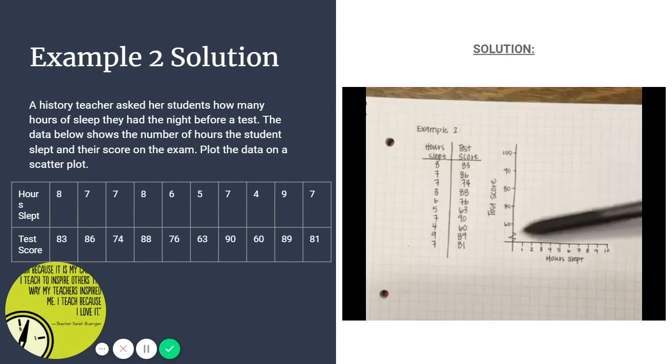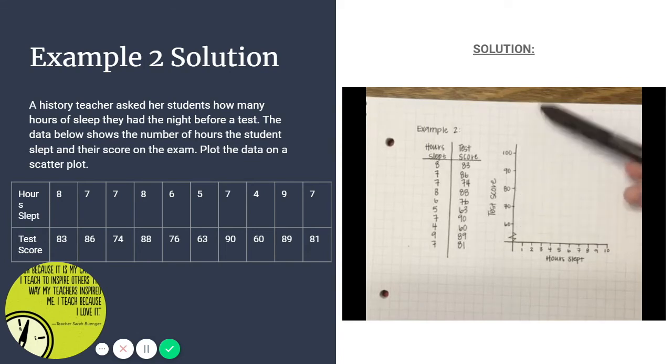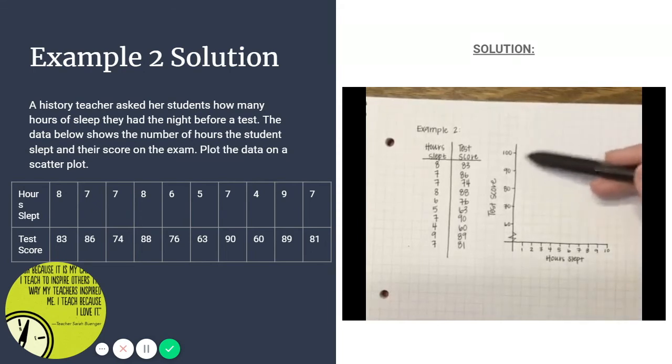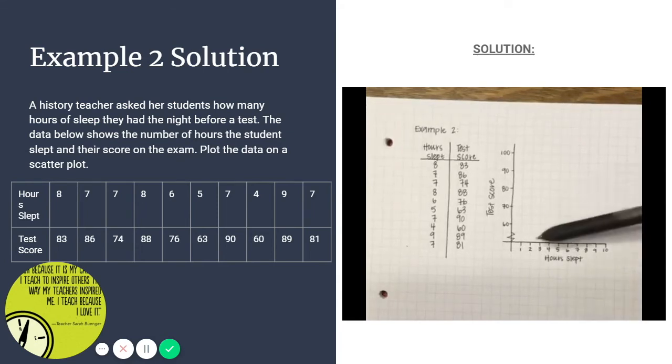So I did my squiggle again, started at 60. This would be 60, 65, 70, 75, 80, and all the way up to 100. Obviously up here, we're not going to have any data points, but just to finish off the graph and have it there. Again, if your axes are numbered differently, it's fine as long as your data points are plotted correctly